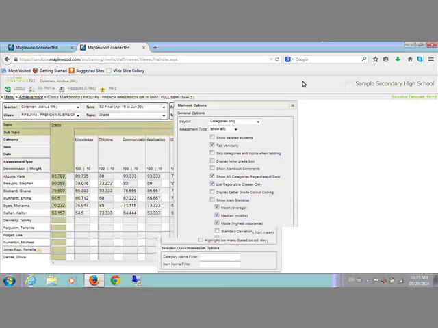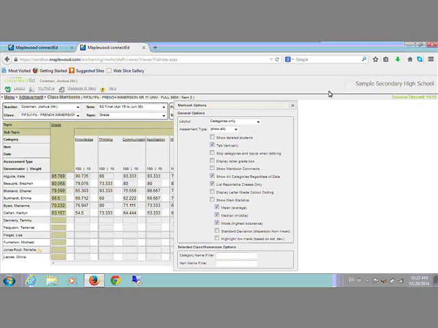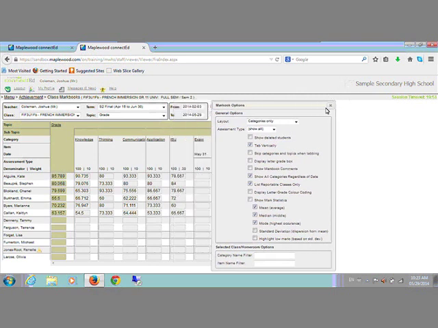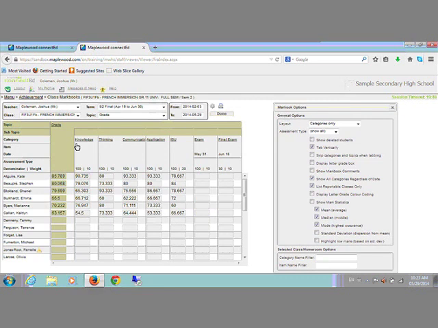I'll just move this over out of the way. And here now I can see just at a high level my categories themselves, not seeing the individual items. So if I wanted to show a parent, well, this is where they were strong and this is where they were weak, you could do that. You can choose a variety of different options down the side. There's also the ability to show Markbook comments. That adds these little buttons beside each of the students' marks so that you can write in your own anecdotal